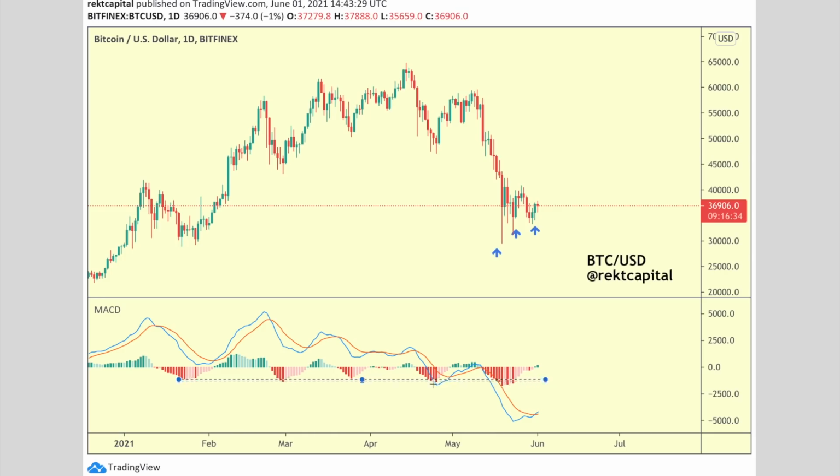The last thing that I'd like to perhaps mention here that could be of use to you guys is that we're also maintaining the histogram downside histogram support. So at least this year in 2021, we always see a curling up from this support. So a rounded bottom in the histogram, rounded bottom in the histogram, and so on and so on. And here even we see a deviation beyond that support, but now recovering. And that recovery in the histogram actually hasn't really translated into a recovery in price action, which is really interesting to see,